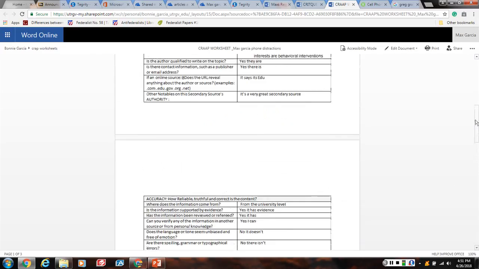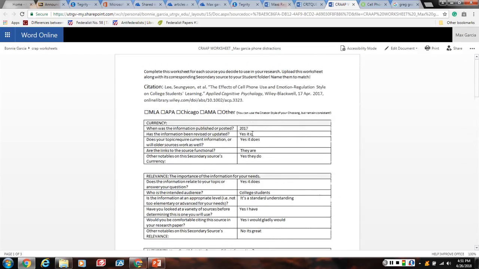So the date is one thing that's very important. I think if it's outdated, it wouldn't work. It's less credible. If it's peer reviewed is something that they check. So people like professors check it and make sure that it's credible as well. And if it's peer reviewed, that means they've checked it.